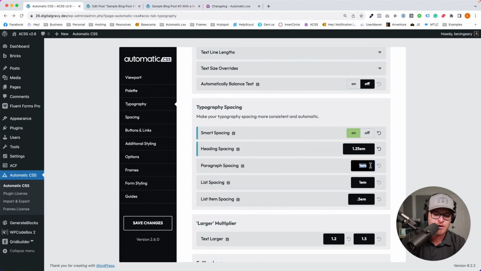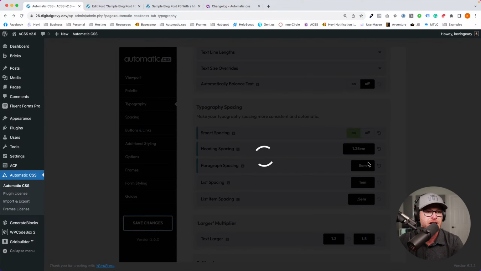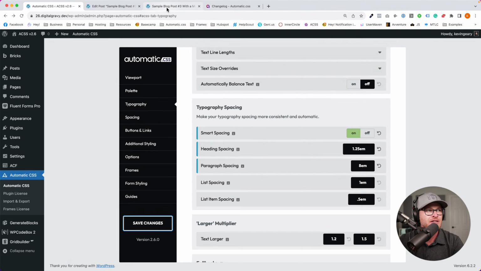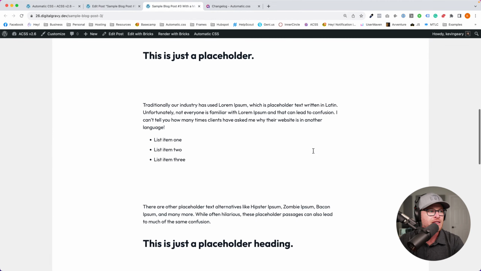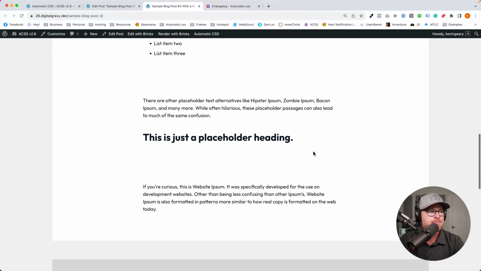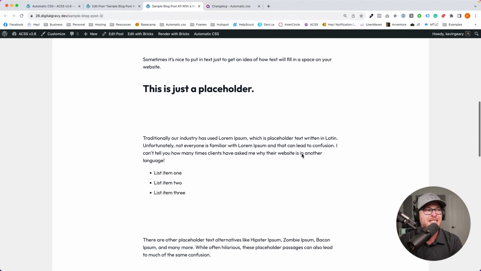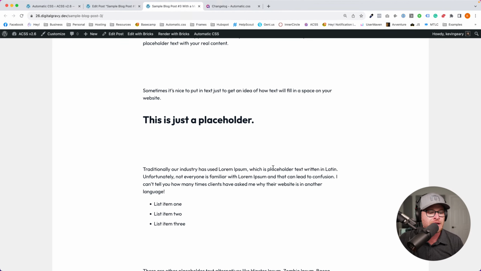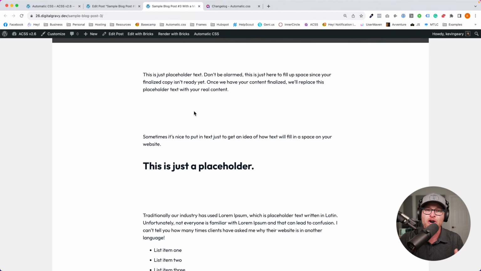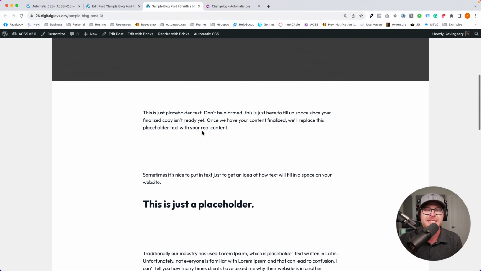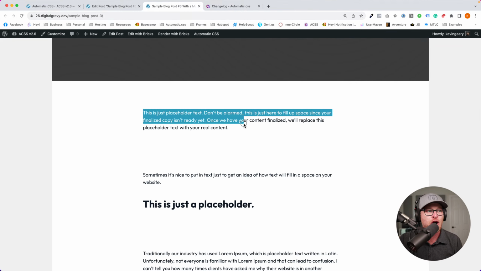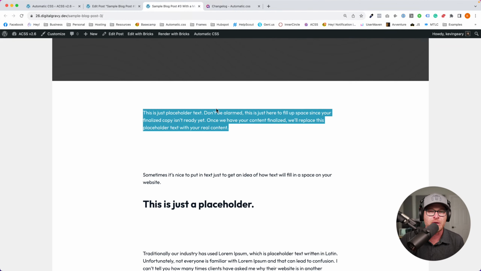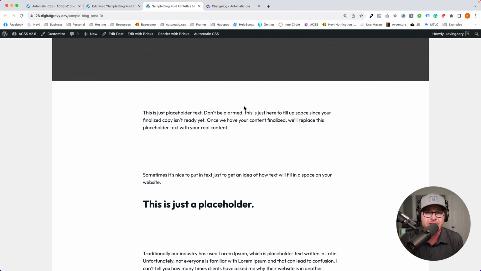Now let's look at what paragraph spacing does. Let's do the exaggeration just to get a little idea here of what's going on. This is what happens, okay? All right, and what this does, by the way, is this uses, if you're familiar with the lobotomized owl spacing technique, that's all this uses. This uses lobotomized owl. It looks for what are called adjacent siblings, and it spaces itself out from an adjacent sibling. Notice that the first paragraph of your blog post does not have any spacing above it, right?